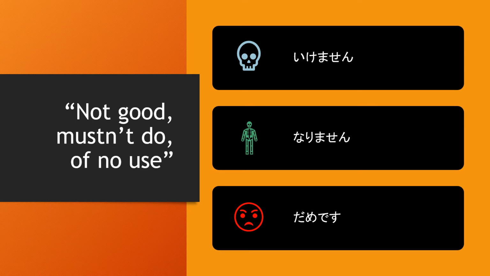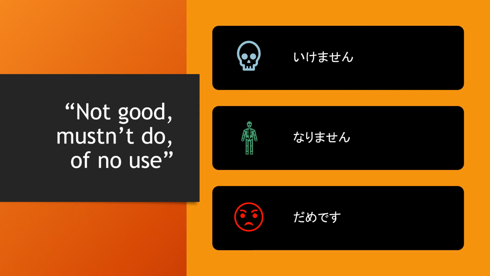The third one, dame desu. You often hear it being used by parents telling off the kids, dame, dame, that's no good, don't do it, stop. It's also not uncommon that when you go to the parks, you see a lot of dog owners saying that to their dogs. No, don't do it. So dame desu is another version of saying it's not good, you mustn't do something, but it's often used on children, such as yourself.